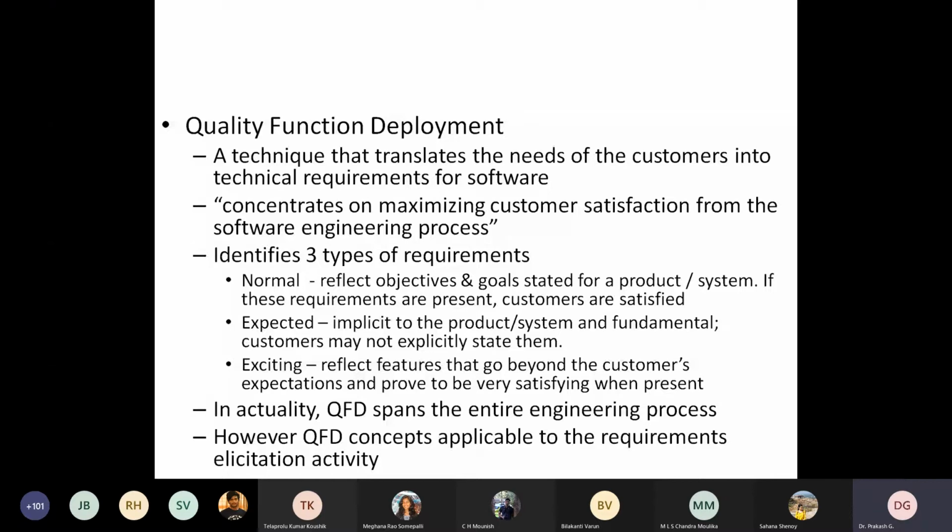Shall anyone tell me? Please, this is a generic question only. I want everyone to interact as this is a theory subject. This kind of discussion will help you to think out of the box, or think laterally. It is important in software engineering. It is not like we are just studying and writing something. That is not the way you have to think. You have to think something different. Please tell me.